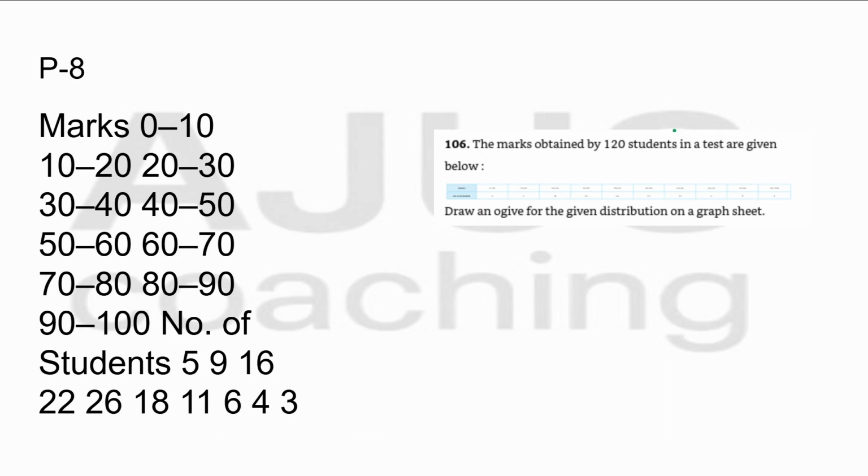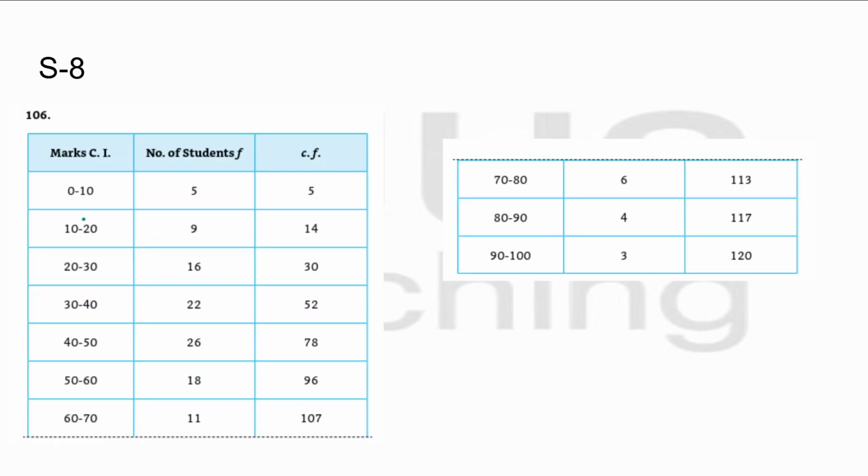Resume. Okay, read this question and solve the problem. Resume. Okay, let us see the solution. The marks obtained by 120. So 0 to 10 is 5, 10 to 20 is 9, 20 to 30 is 16, etc. So again we already know how we do it. Draw the graph, etc. Now if you see here, we have marks 0 to 10, 10 to 20, etc., number of